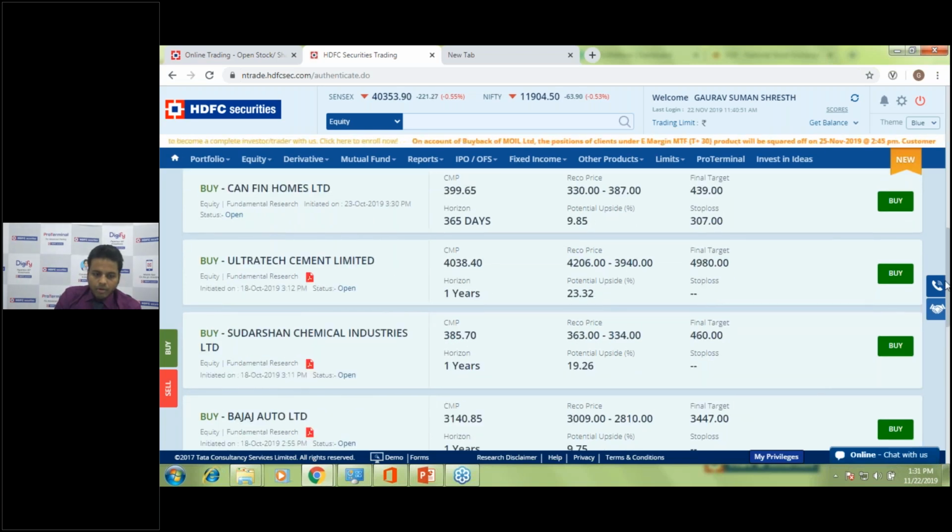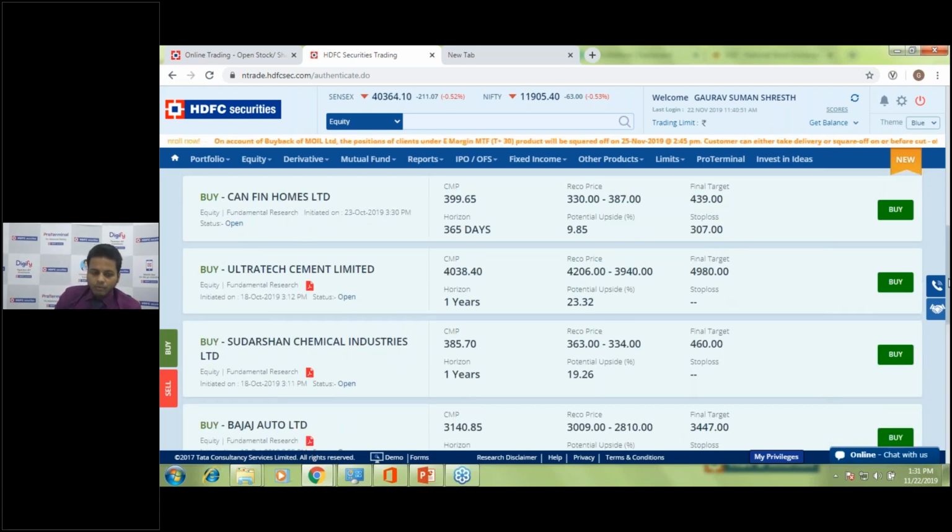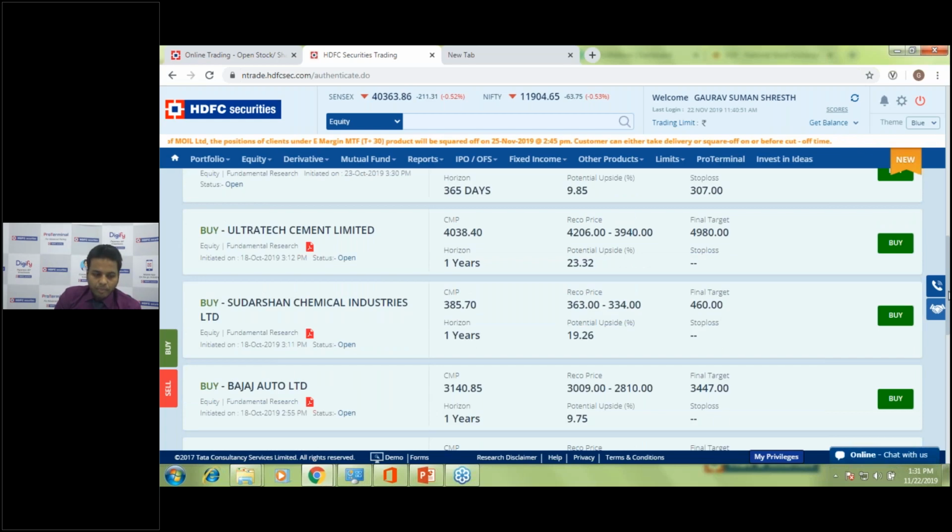So there will be a few research recommendations for which the entire research report will also be available. For example, we can just see Bajaj Auto, and once we click on the research report, the entire report will open up, showing why we have a research recommendation on this particular stock. So this was a Diwali pick,